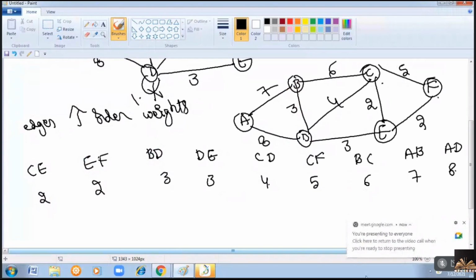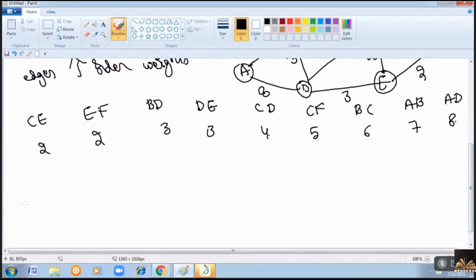Now the next step is you add all these minimum weighted edges into the resultant spanning tree, such that while adding the edges you make sure that no loop is formed. Right? In such a way you have to add the edges. So what is the first edge to be added? You have to add the edge C to E in the resultant graph. So let me add the edge C to E with cost as 2.